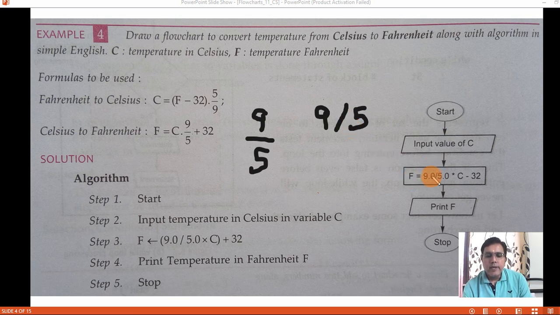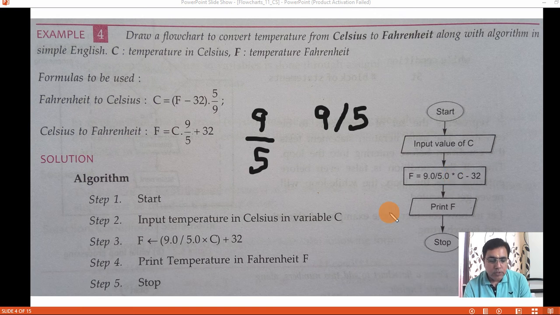So here, the formula is C into 9 by 5. So we have written 9 divided by 5. Then it must be multiplied with the value of C. Again, in computers, instead of multiplication you have to use the star symbol, shift and 8. Star means multiplication. Whenever you use star in a mathematical expression, it is treated as multiplication.